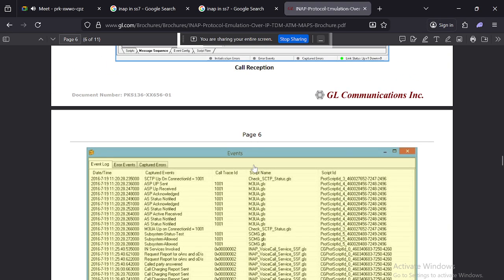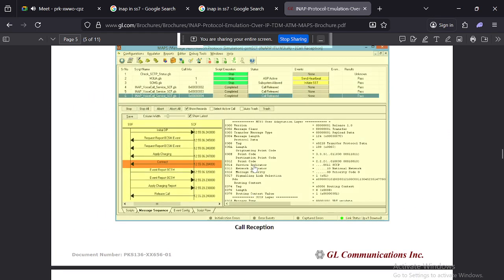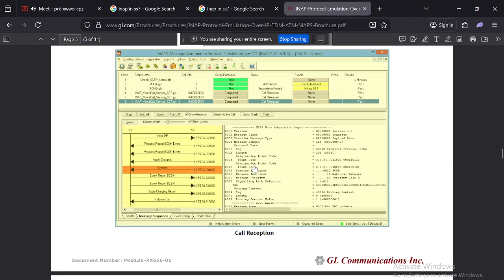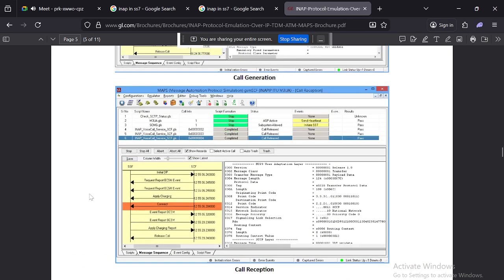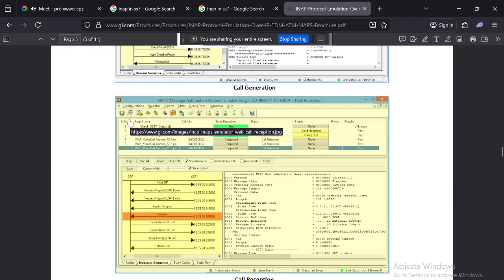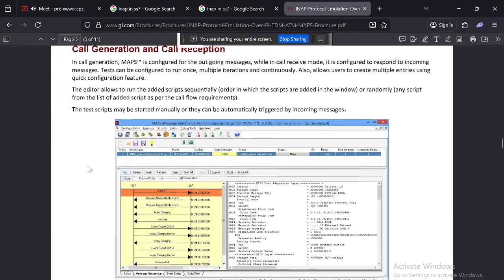Every mobile service provider, otherwise a SIM service provider, has its own service identities also. So you can look also here. You can also do message automatic protocol simulations like GSM. So here you can do call generation, and you can make fake calls.